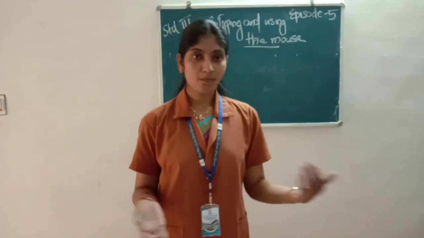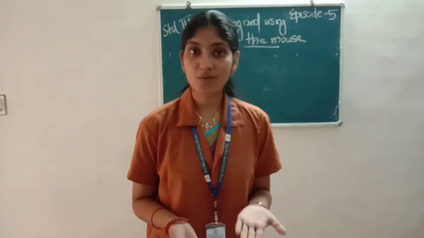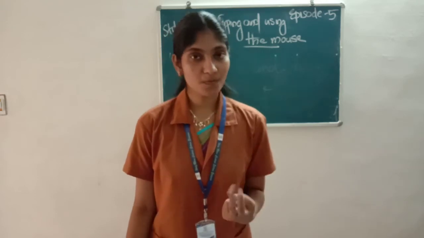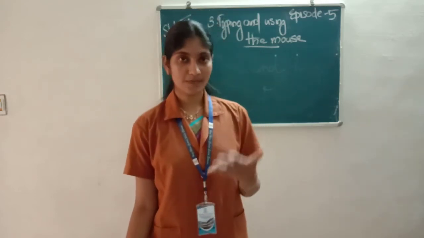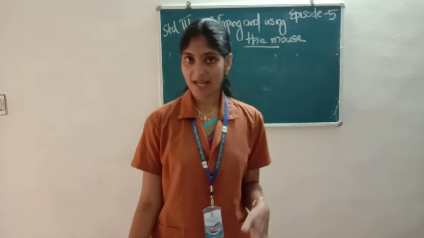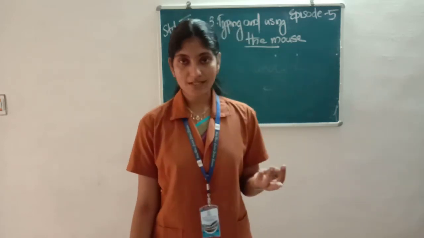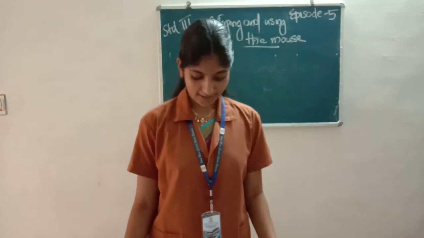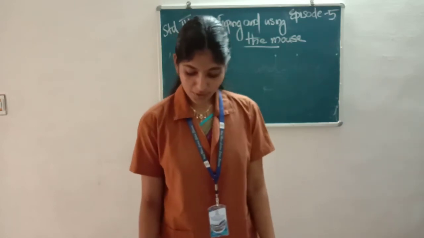Then now mouse. Mouse is a what device? Pointing device. How many buttons? There are 2 buttons and there is a scrolling wheel between them. And then there are some actions we discussed. So pointing, click, double click, right click and drag and drop. So let's go to quick practice.